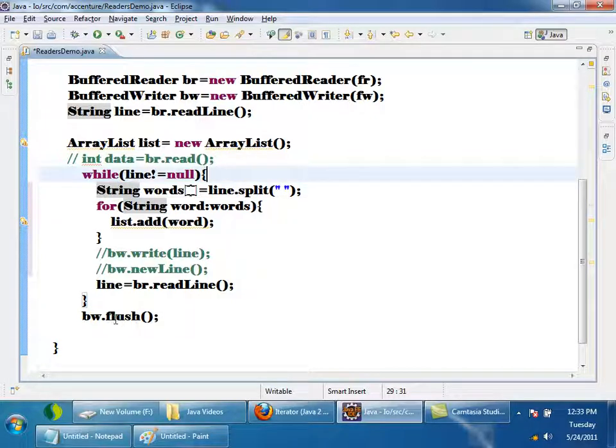Finally, after this loop, after this program is over, I want to iterate through this list by using an iterator.